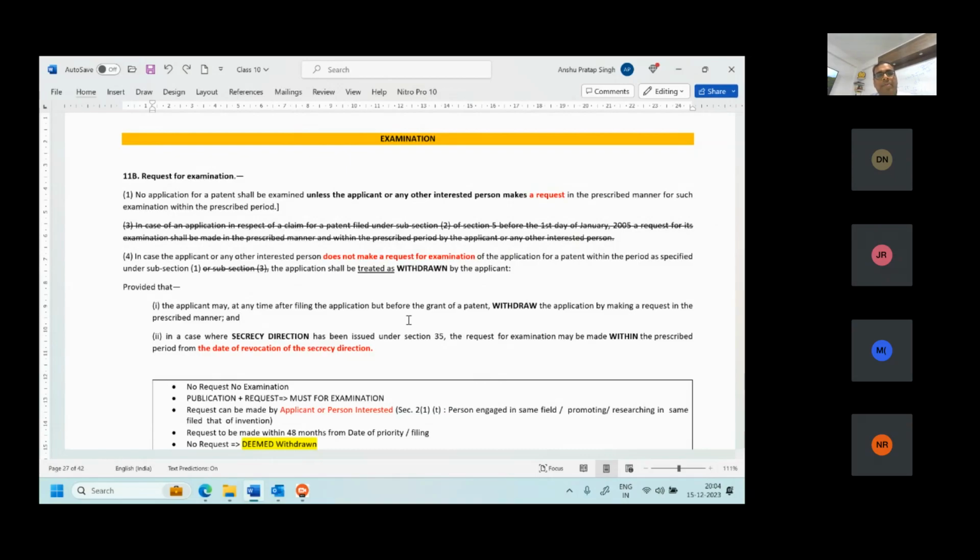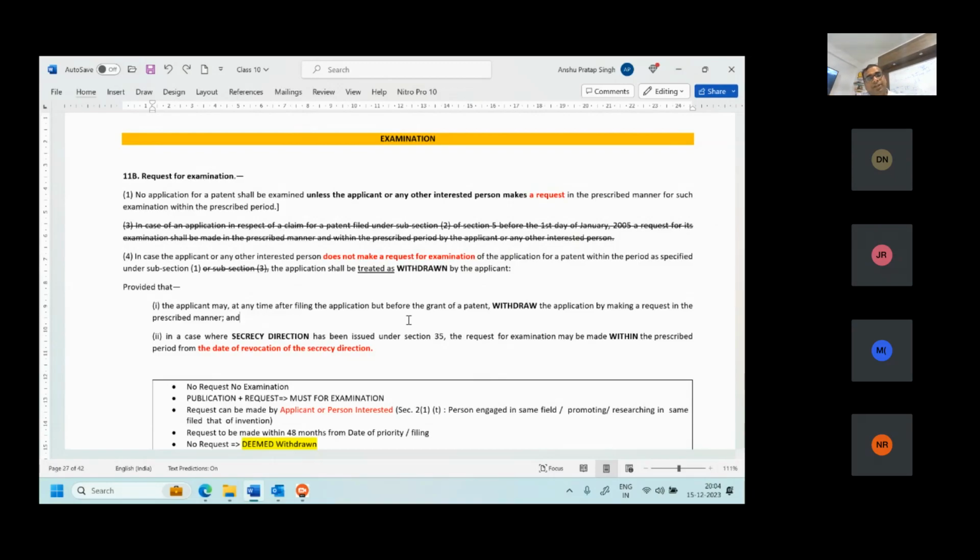If I go back and remember all the sections, 3 is what is not invention, 4 is the atomic energy exception, that which is not patentable. Then 5 is missing, 6 is applicant, 7 is application, 8 is the statement and undertaking, 9 provisional and complete specification, 10 the requirements of complete specification, 11 priority date, 11A publication, 11B examination, right?